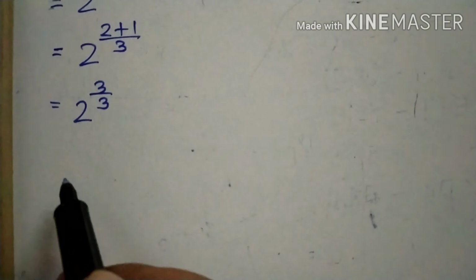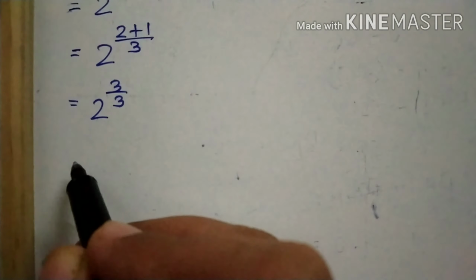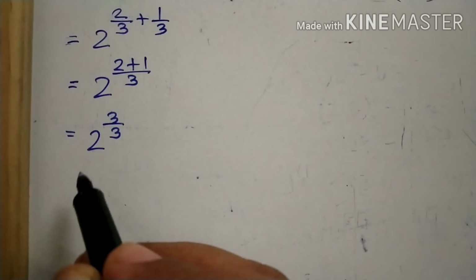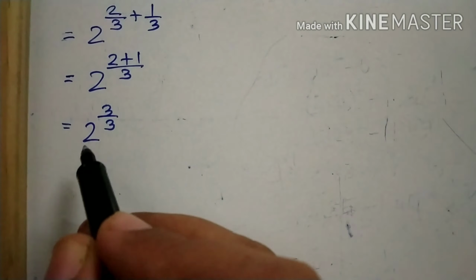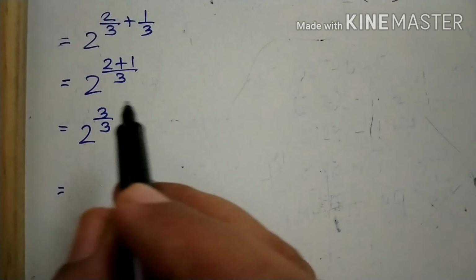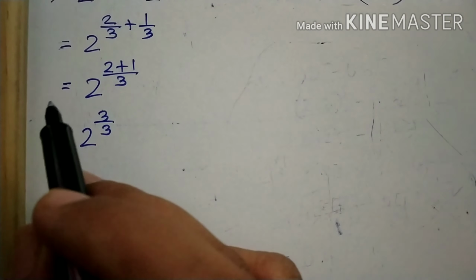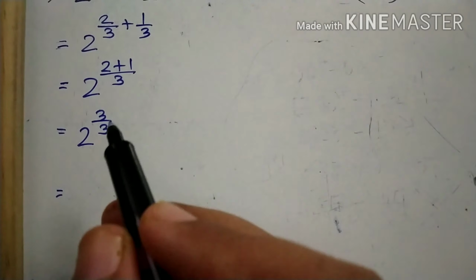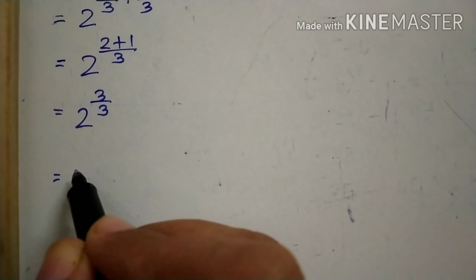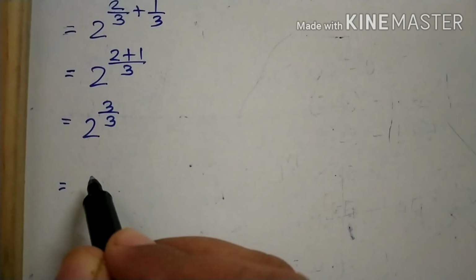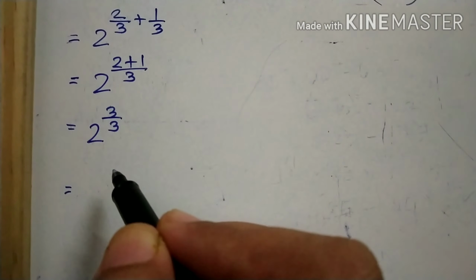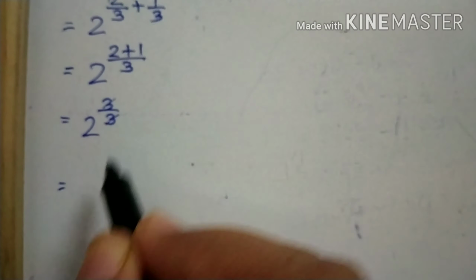Now whenever there are two types of sums, one is simplify and another is find. Simplify means you have to just come to a number after all cancellation and everything, taking out the LCM of the fractions, and whatever the reduced form is, you have to bring it. That is only simplify. And when it is asked that you have to find something, that means you have to find the value of it. How, I'll tell you.